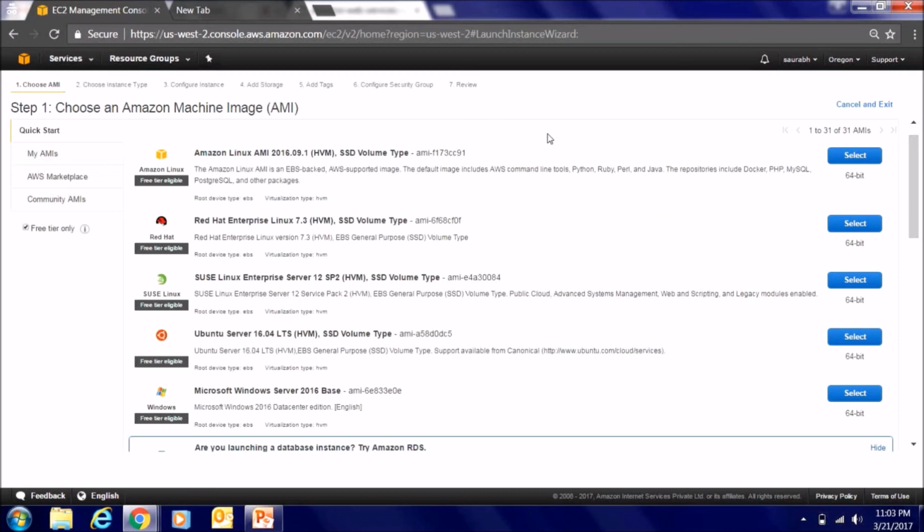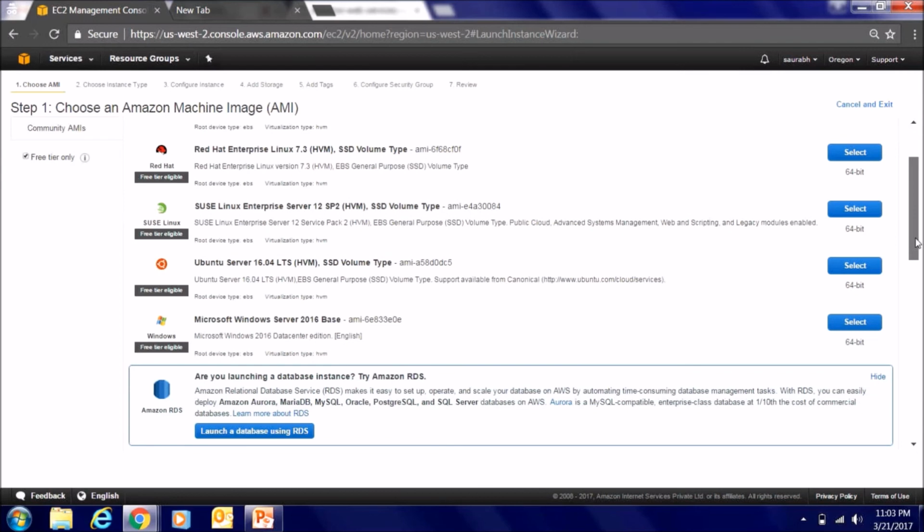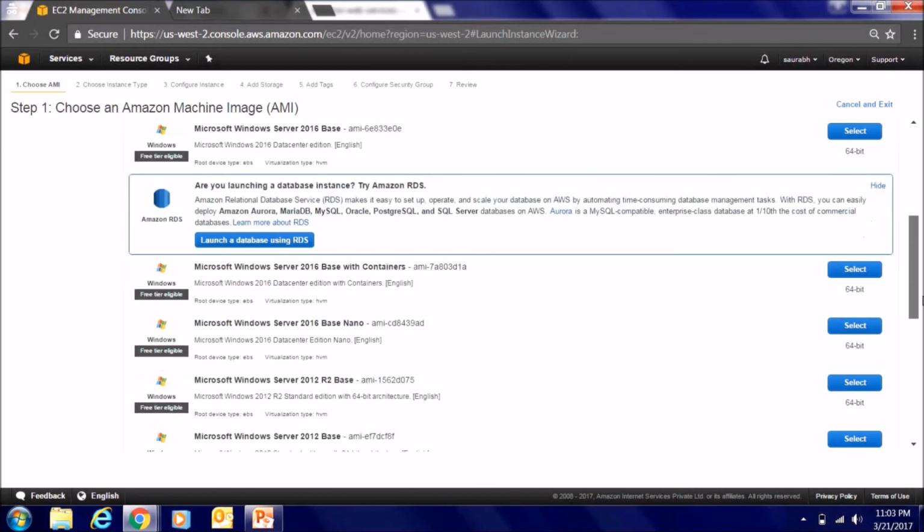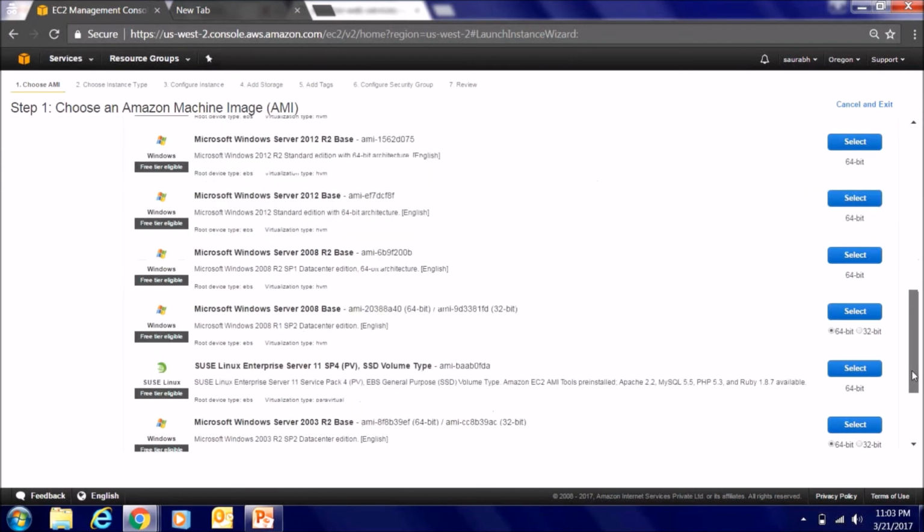So we see there's a Linux AMI, there's a Red Hat Linux, there is a SUSE Linux, there's Ubuntu, Microsoft Server 2016, there's a Windows Server. So there are a lot of options I can choose from, and I'll say select.